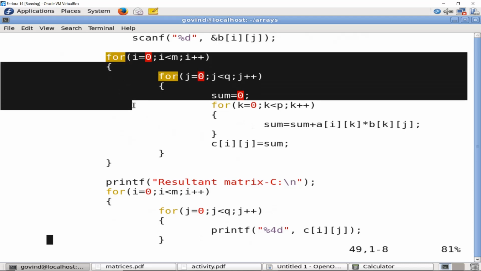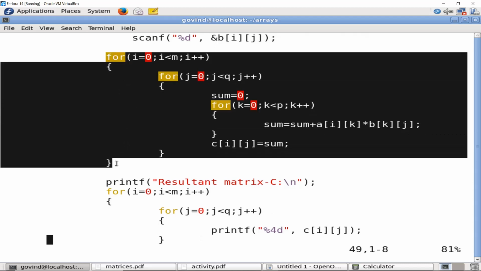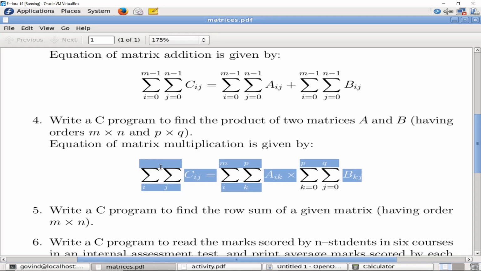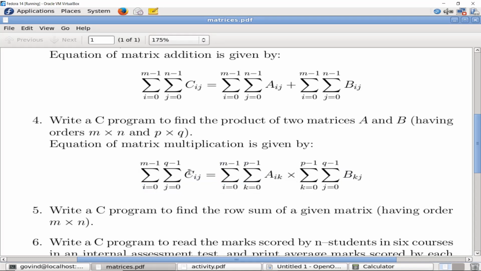So this code that you are seeing here performs that operation, and this code is in accordance with this formula. So if you can remember this formula, writing the code becomes very trivial. Let us have a look into this. We are required to build the matrix C of ij, and what will be the order of C? It will be m cross q.